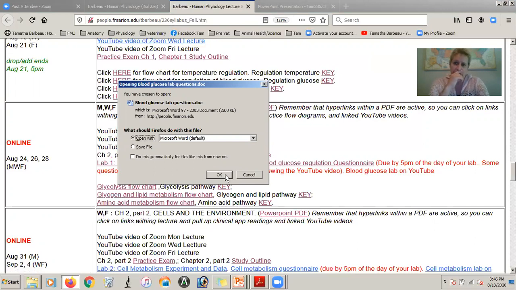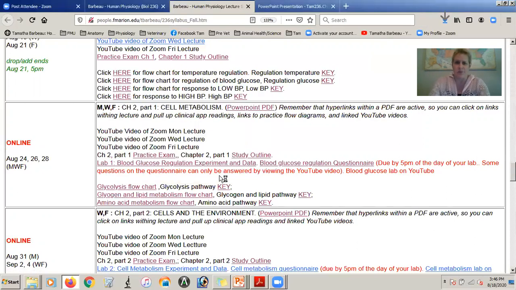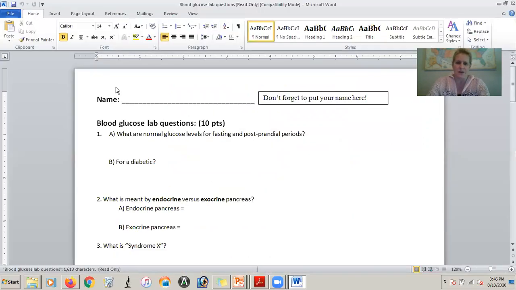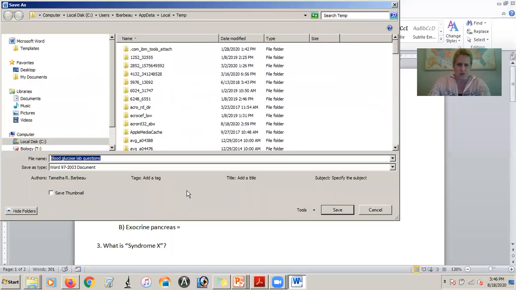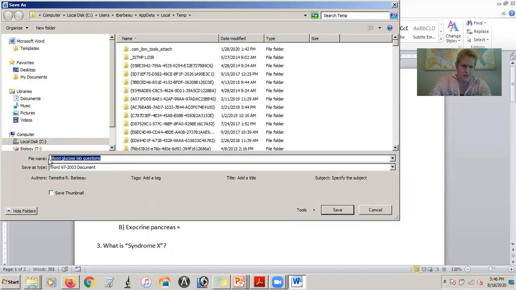And what I want you to do is when you save this document, okay, so let's say I go ahead and open it up. And there it is. It's going to open up. Now you're going to want to put your name, you know, Stacy Q student. You're going to want to put your name on that, okay? And you're going to fill it out. And when you save it, what you're going to do is save it this way. So you want to say blood glucose lab questionnaire. You want to put Stacy Q student and save it that way so that when you send it to me,